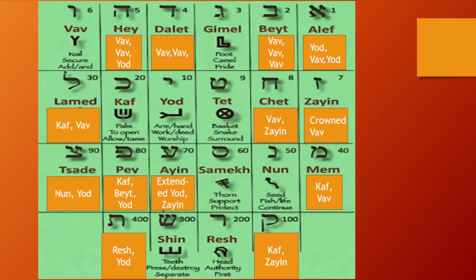So we're going to move to number 4, Dalet. And Dalet is 2 vavs. Dalet represents a door. You can think that it is more than one pillar that you put in place to have a door, connecting 2 dimensions, because you go through a door from one room to another. So if you see a dalet, you also see 2 vavs.